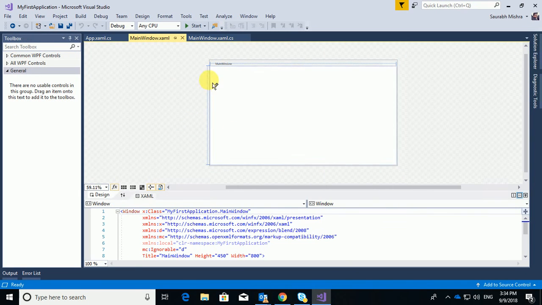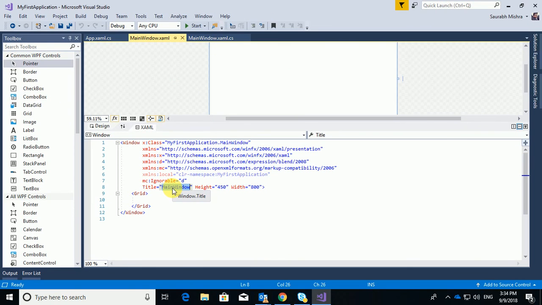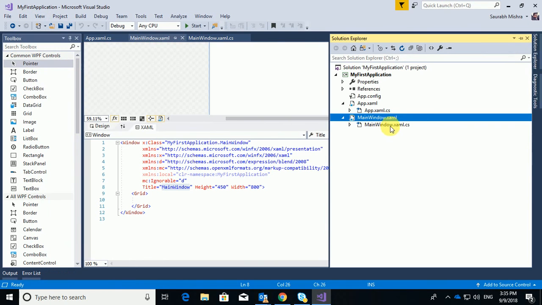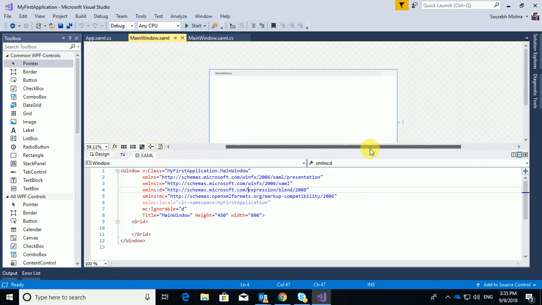So this is the window that you were able to see. What I am going to do here is change the title on this window screen. Here you can see we have MainWindow.xaml opened, and this is the same MainWindow.xaml which you were able to see in the Solution Explorer. This is responsible for maintaining the user interface for your application.